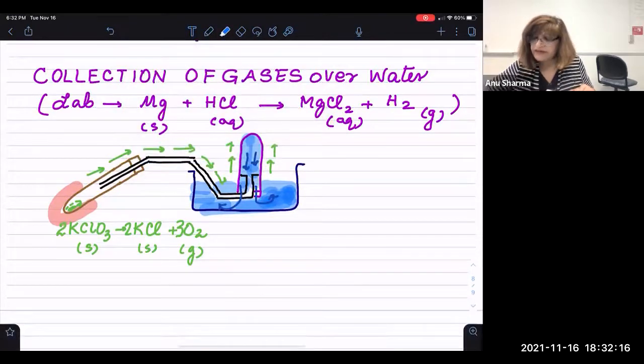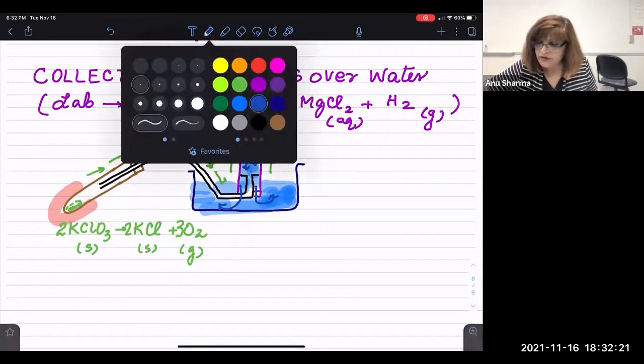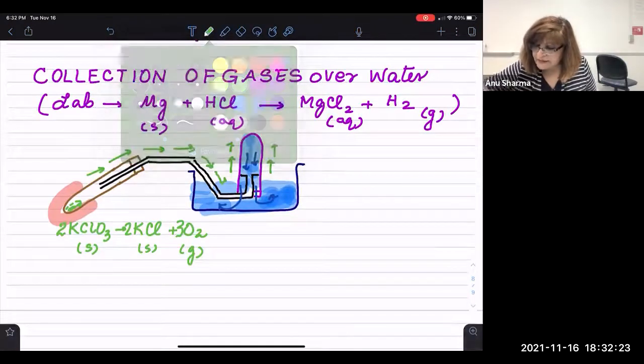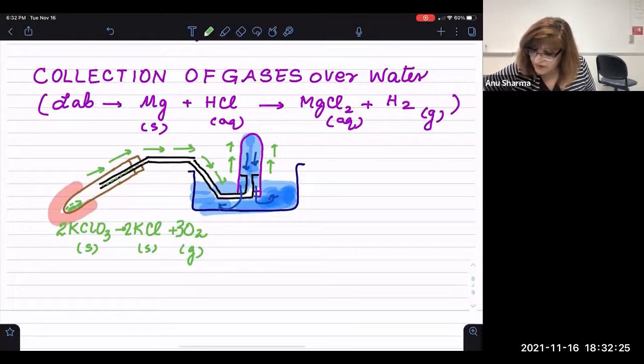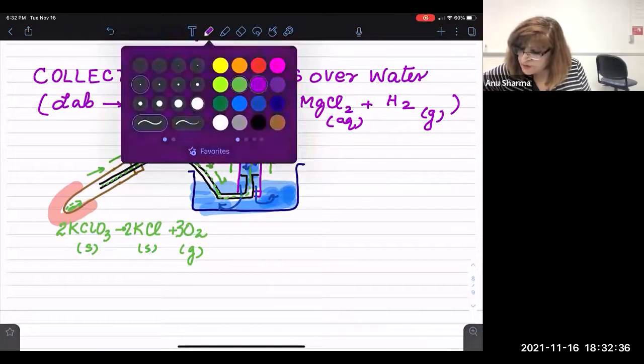So when this water is pushed down, the gases begin to collect on the top. So let us say this gas is coming from here, all the way here, it goes here. But keep this in mind that since it's pushing, so this begins to push. So the water level, I'm going to just put here,